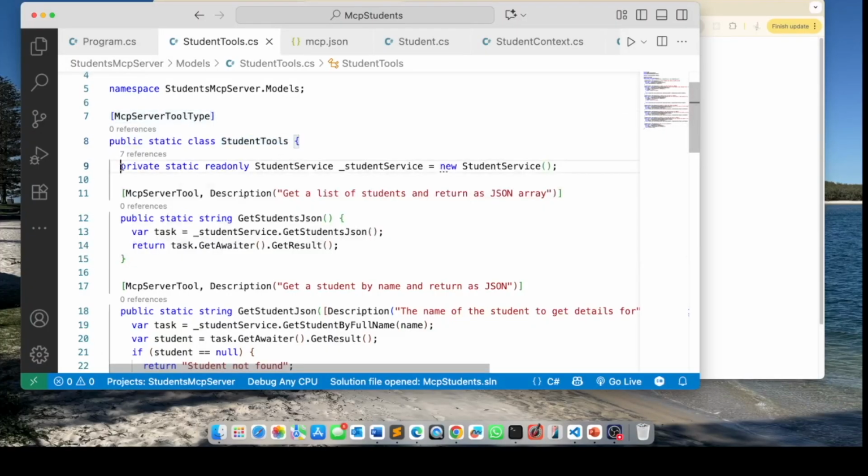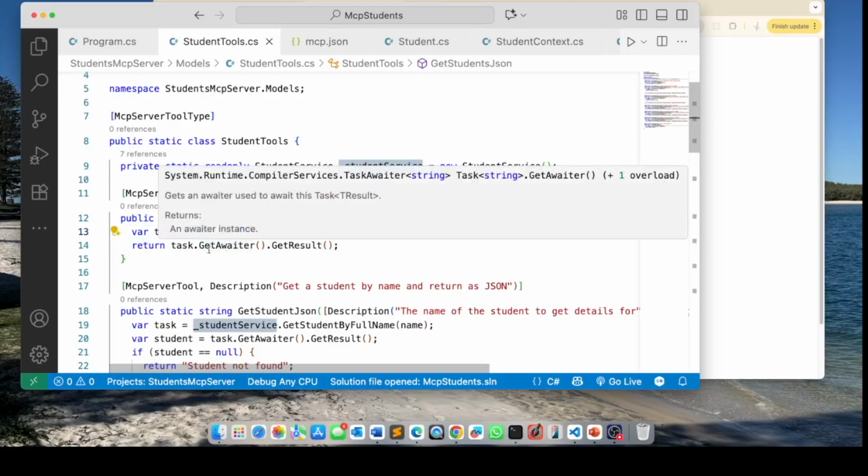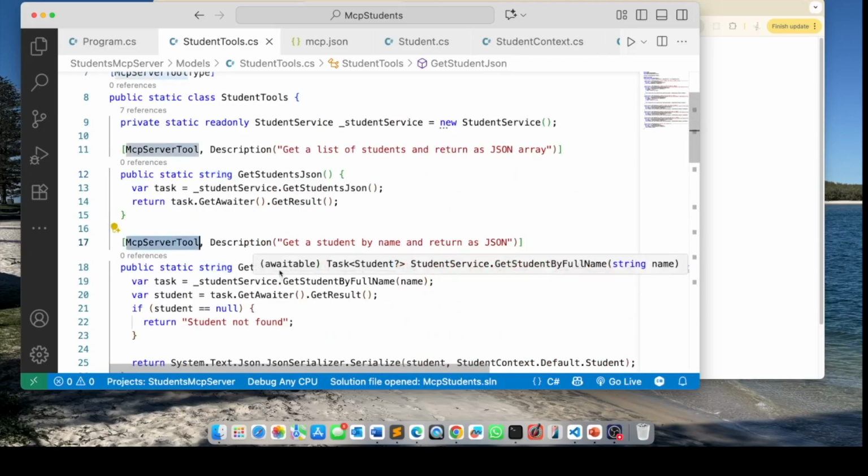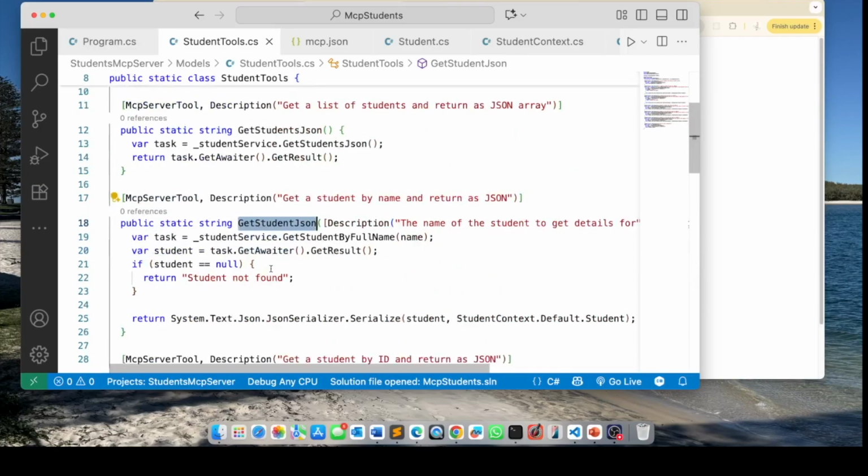In this class, we are instantiating an instance of the student service, which we call _student service. And then you have methods here that mirror the respective methods in the student service class. The first one is getStudentsJSON, and it simply calls the getStudentsJSON method in the student service class, and it returns a string. Similarly, you have methods for getStudentJSON,